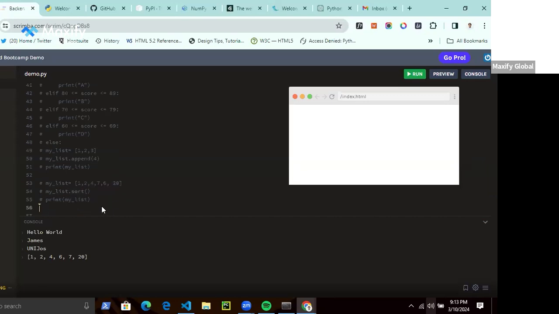So let's create my tuple variable, and then using the tuple syntax, let's add some items: 1, 2, 3.